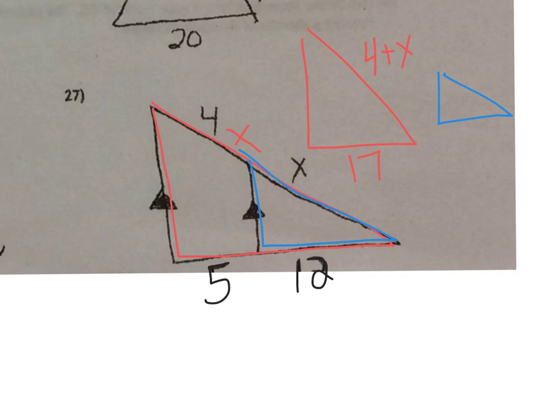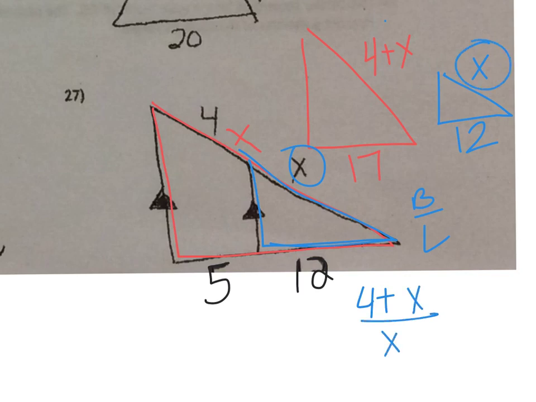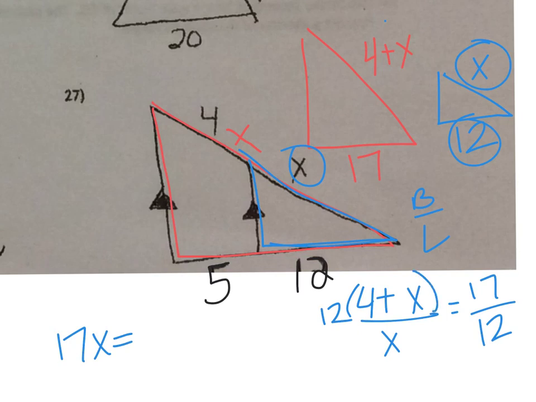So looking at my little triangle, I have that side matches with x right here, and this part right here would be 12. So let's set up big over little. So on this triangle, 4 plus x, its match is x. And then if I'm doing big over little, 17 would be here, and its match would be 12. So cross multiply, giving me 17x is equal to, and I'm going to distribute, so 12 times 4 is 48,